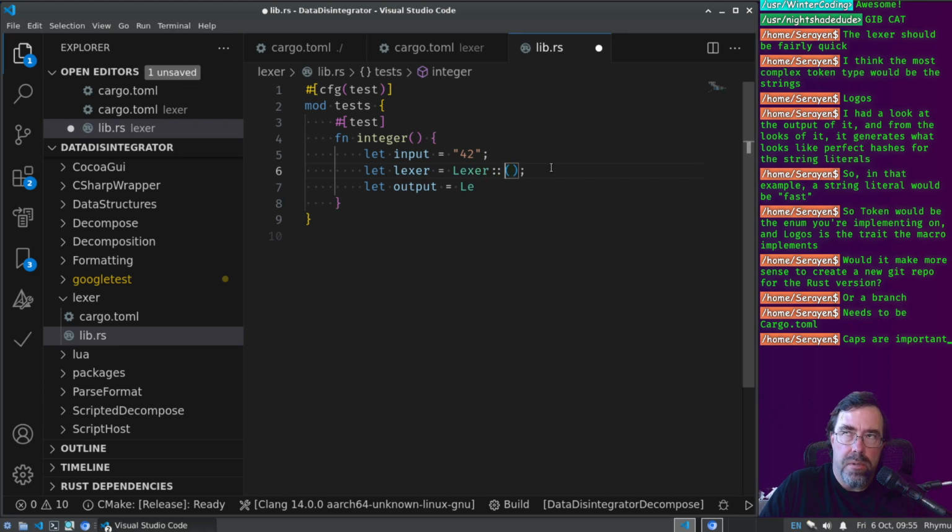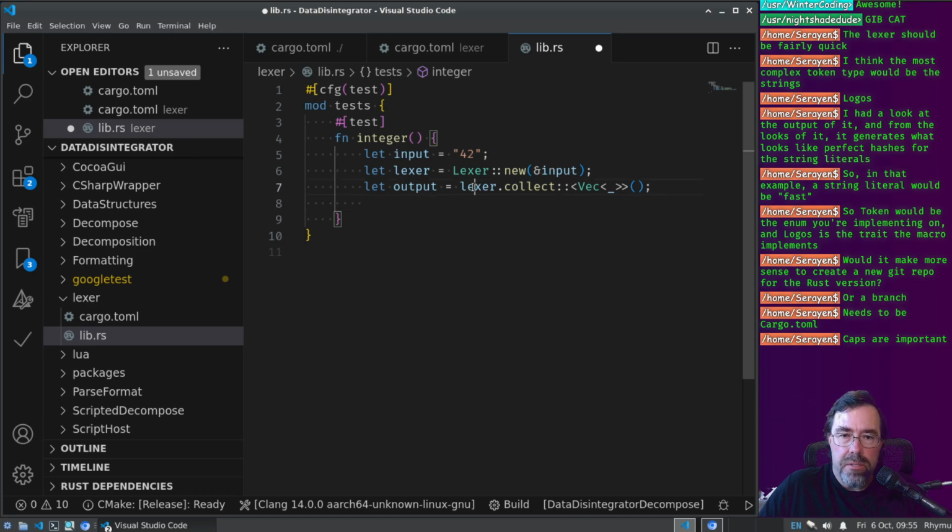Let's just presume that we can do a default. Well, hold on. Do we want to already have the bit stream when we create the thing? So it would be like new and then some kind of bit stream. So anything that can handle the data protocol or the data trait, and a string slice satisfies that, right? So then the output would be lexer dot next, I guess. Or let's just do lexer collect into a vector. And then